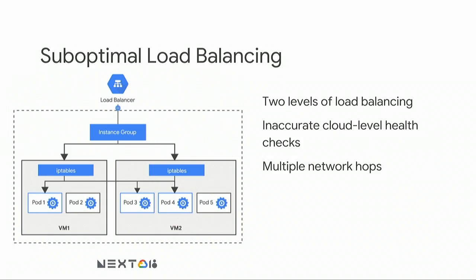So this setup results in suboptimal load balancing. As you can see in the animation, the blue dot represents the incoming traffic. The load balancer sends the packet to the virtual machine, and kube-proxy programs iptables to intercept traffic from the load balancer. Then the iptables magic takes place. iptables randomly selects one of the backend pods, performs network address translation and port translation, and finally sends the packet